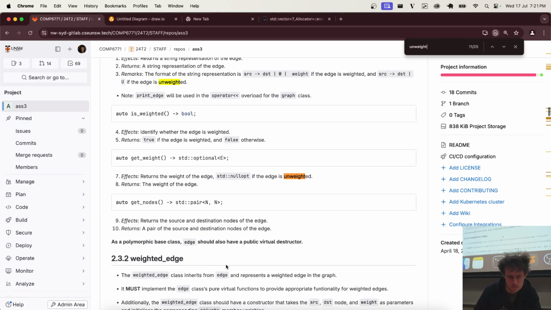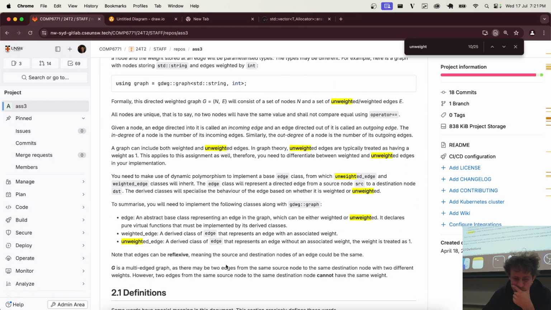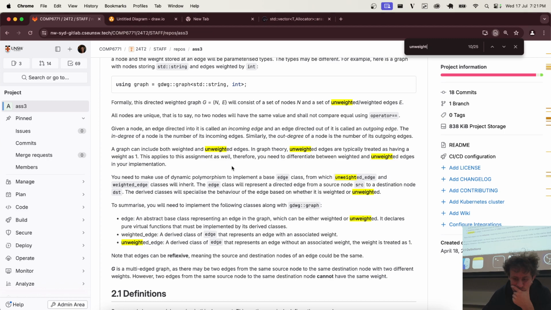Yeah, so in the task, section 2, the task. It says that graph and so on, this applies to this assignment as well. So maybe that's not